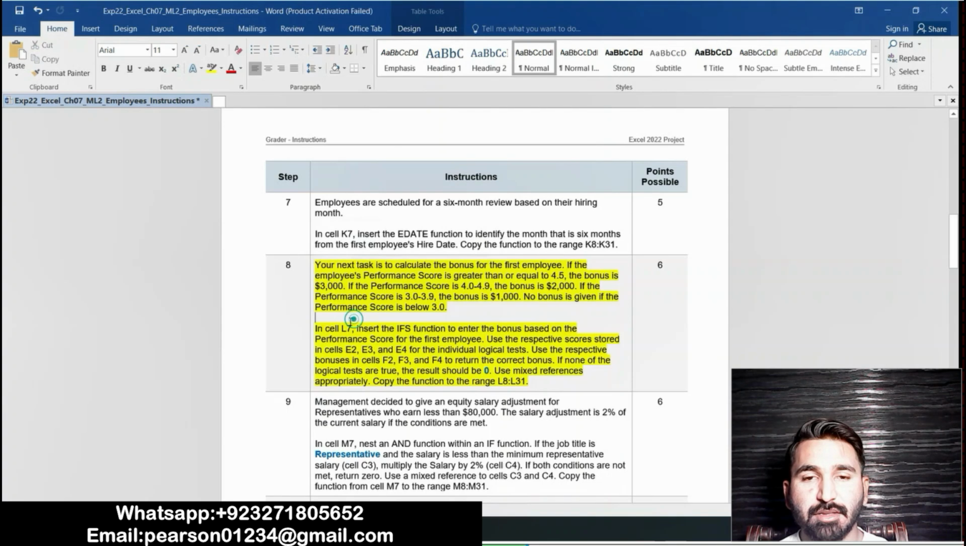Step number 8 is that in cell L7 insert the IFS function to enter the bonus based on the performance score for the first employee. Use the respective scores stored in cells E2, E3 and E4 for the individual logic tests. Use the respective bonuses in cells F2, F3 and F4 to return the correct bonus. If none of the logical tests are true, the result should be 0. Use mixed references appropriately. Copy the function to the range L8 to